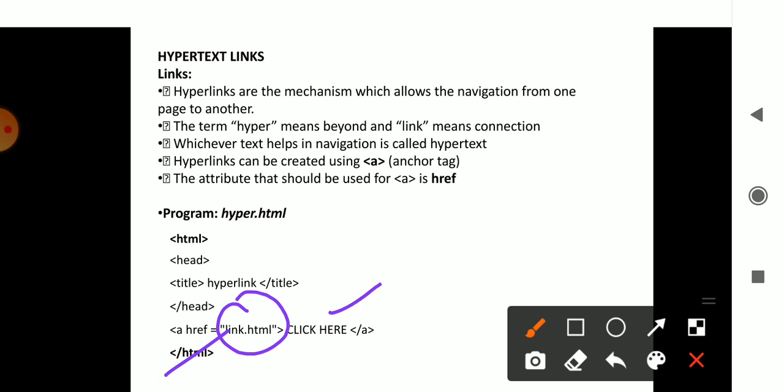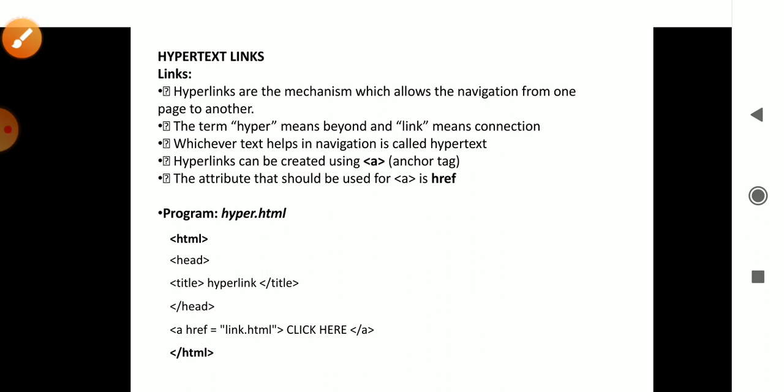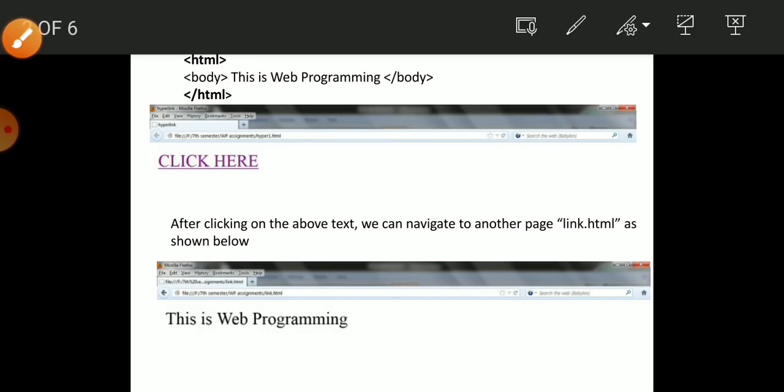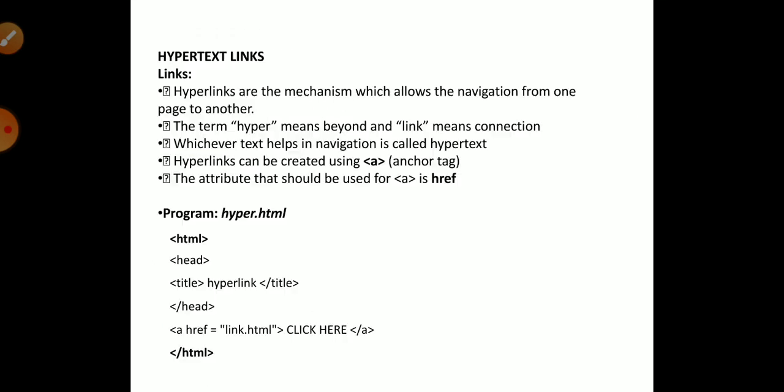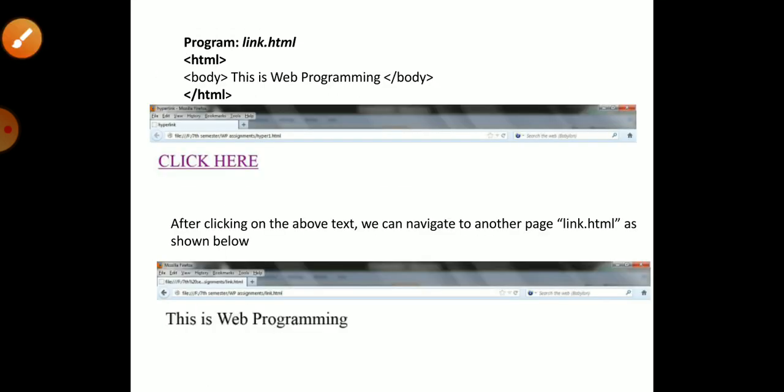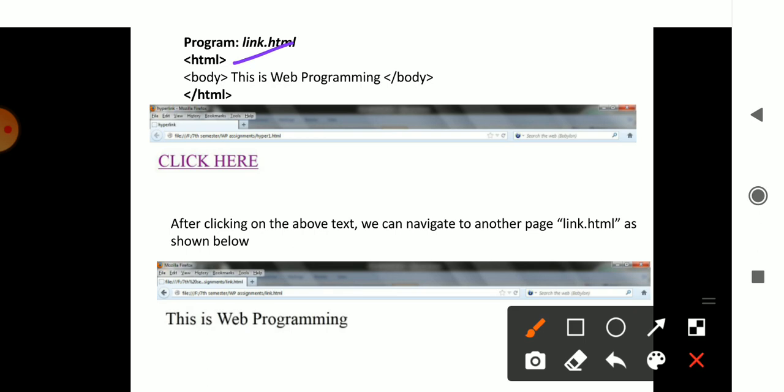Now this is the file hyper.html. Another file you have to create with the name link.html. In the link.html file you have html, then you have body, which prints the statement, this is web programming, and then close it, here also close it.